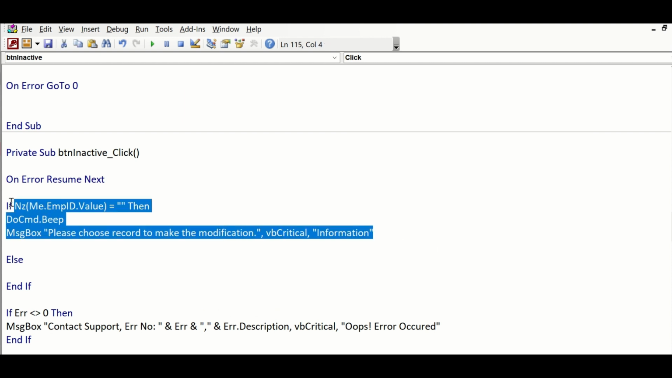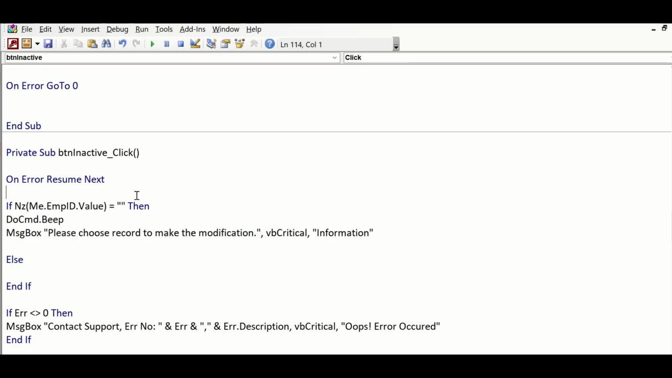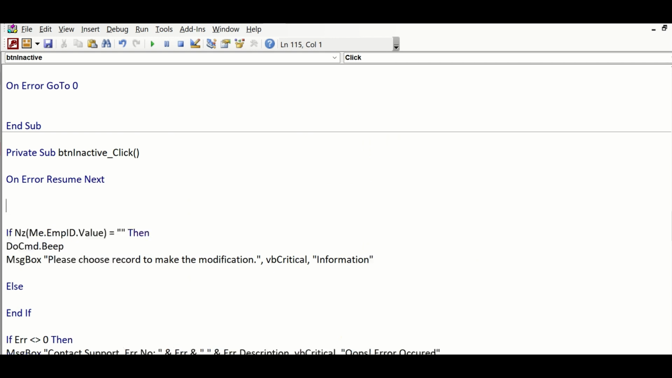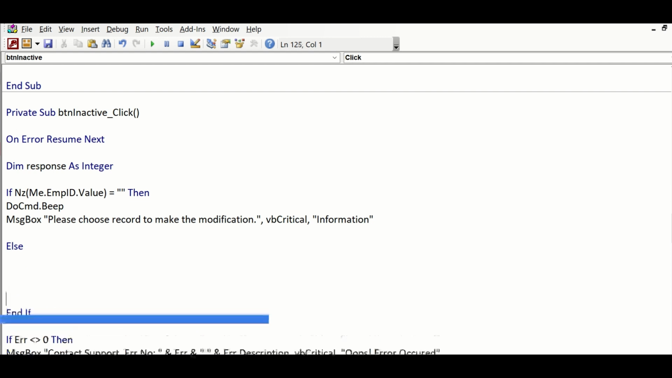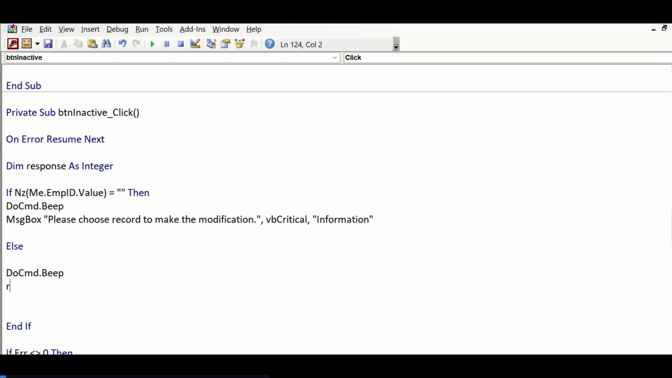Now that is done. After that, as I said, I want to throw a message box, and I would like to get confirmation from the user whether the user would like to mark the employee as inactive or not. So to throw a message box with yes or no options, we will declare a variable. So we'll say dim response as integer. Okay, now in here we'll say do cmd.beep, and we'll say response equals message box,